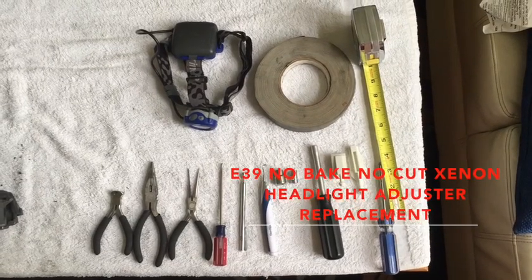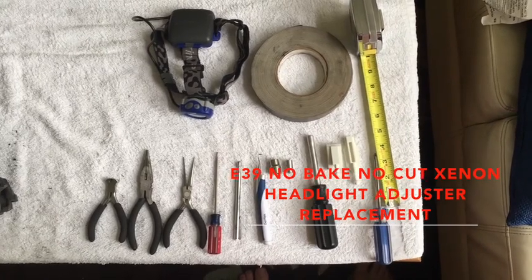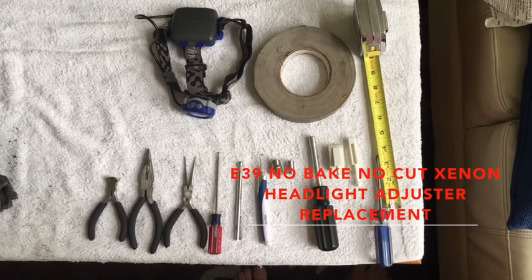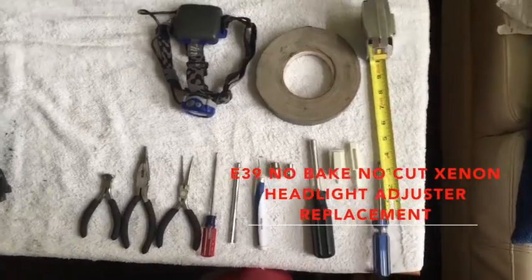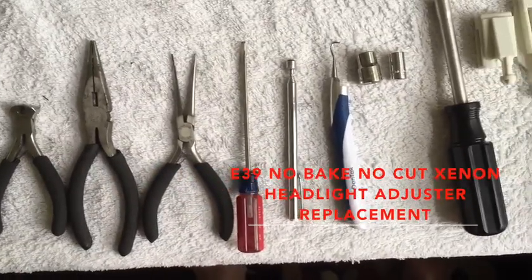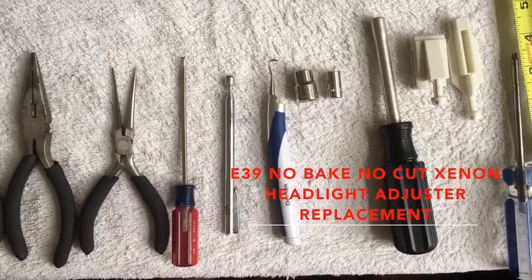Alright, so here are the tools to go in and replace the adjusters on the E39 with the Xenon headlights. And this is using the no bake, no cut method and just going in through the back. So to start off with, just a set of pliers, standard screwdriver, magnetic doohickey, some kind of pick, a 10mm